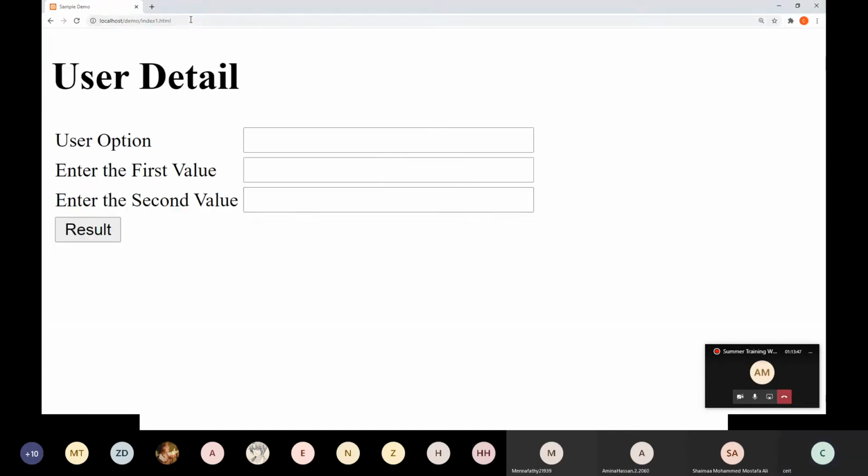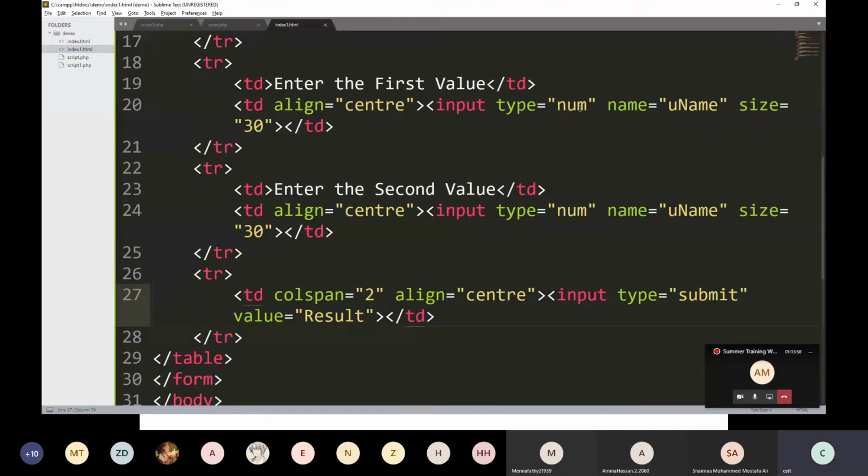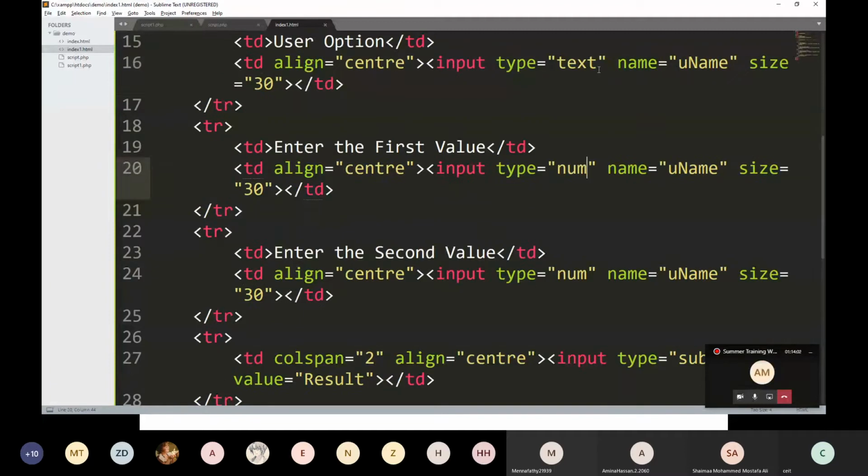Index 1. The user will select an option and enter the first value and the second value.